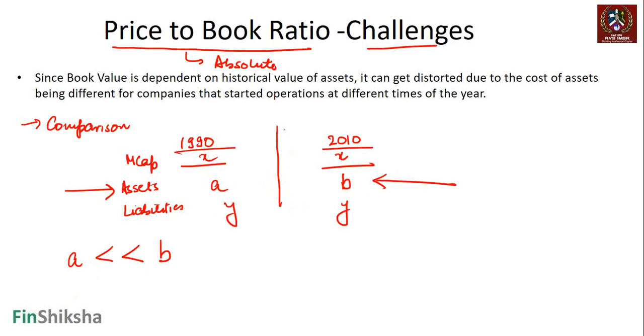So what might happen is that when you're calculating the ratio, the calculation of the price to book ratio would be X upon A minus Y here and X upon B minus Y here. Because of the distortion in A and B, you could possibly see a reason that the company's price to book ratio is different. Now we could argue that the market should know this and the market should take care of this, but sometimes because of the historical nature of the assets that are being carried, companies that are operating across different time zones but might yet be similar in size, you might end up seeing a price to book ratio which is different. It's difficult to compare those, right?